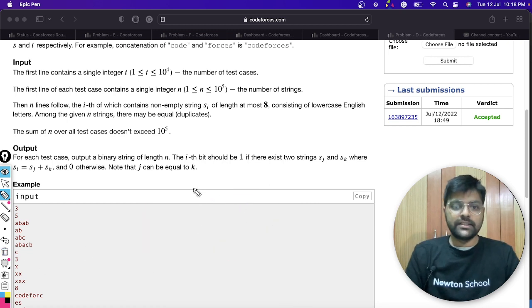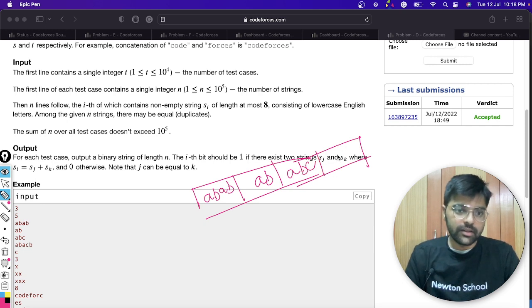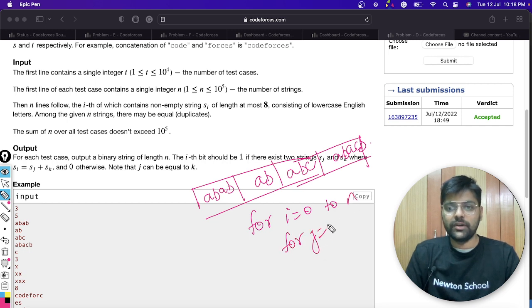For optimization, let's say we have maintained a hash set, or we can simply name it set or map, with ABAB. Let's say we have stored that these strings are present, ABA, CV. Now what I will do: for i equal to 0 to n, for j equal to i to n,